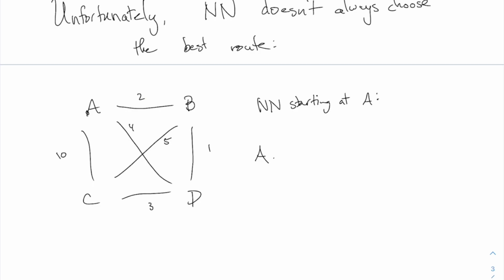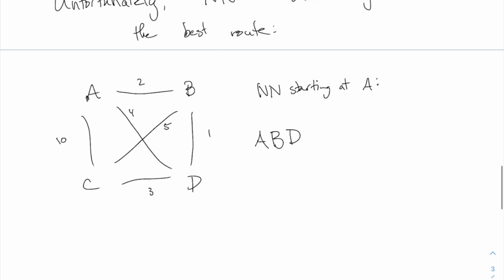Once you know what you're doing, you can more or less do this all in your head, right? I go from A to B, which is 2. Then from B, where should I go? To D. Yeah, that's a 1. So I go A to B to D. If you like, as I go, I can fill these in, right? Now from D, I can't go back to A because that's a 4, which is worse than 3. Also, that would finish too early. That's a subcircuit. So I go back to C here,